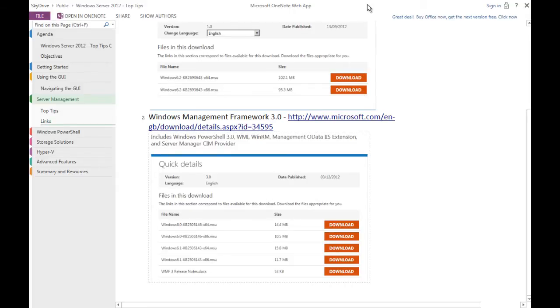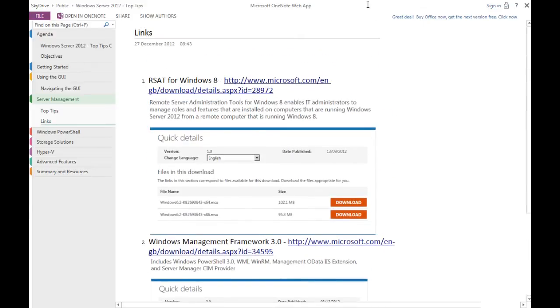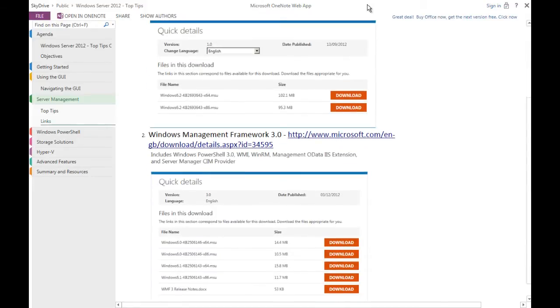You won't be able to do everything, but at least it'll allow you to use those in Server Manager as well. You can also install that on Windows 7, so you can get Windows PowerShell 3.0, which is really brilliant. So those are